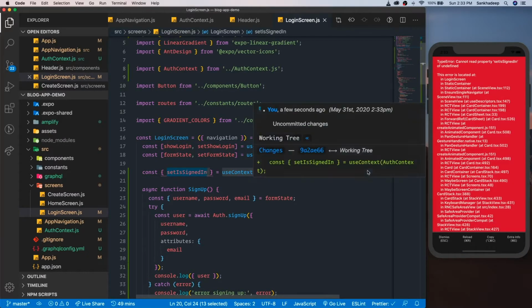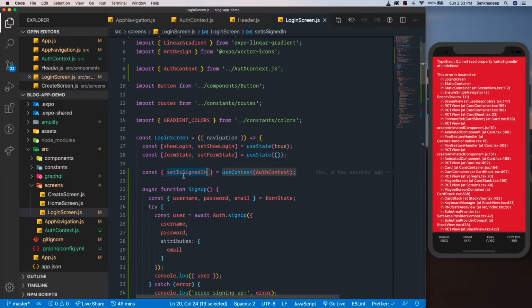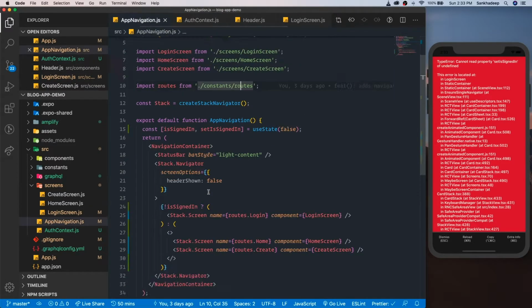Alright. So okay, it cannot read setIsSignedIn of undefined. That is because I have not wrapped these inside the provider. So let me wrap my